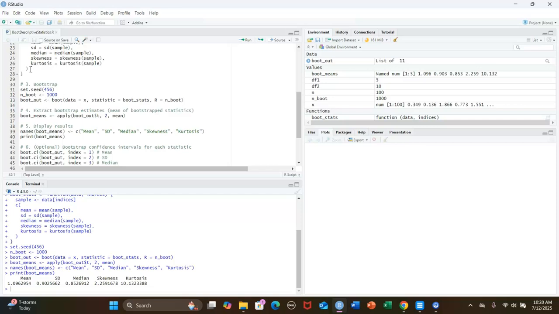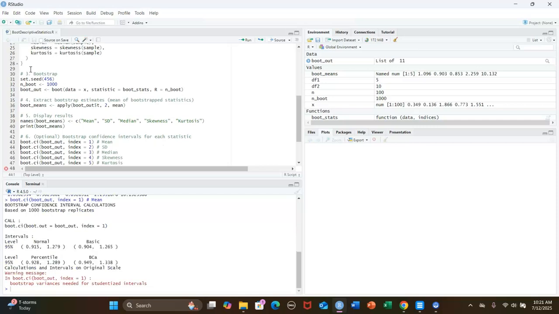We can also go further to calculate bootstrap confidence intervals for each statistic. So we can use a function called boot.ci, which is also a function in the boot library. And the syntax is pretty simple. We can say boot.ci, boot_out, and we say index equal to 1. So remember we bundled all these five statistics together. So 1 is mean, 2 is SD, standard deviation. And you can see for the mean, it gave you the bootstrap confidence interval,